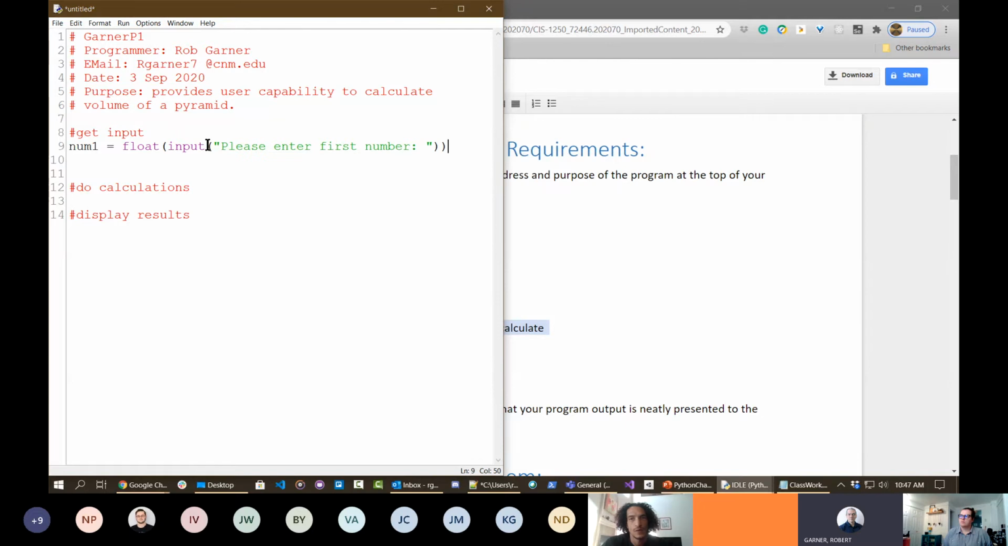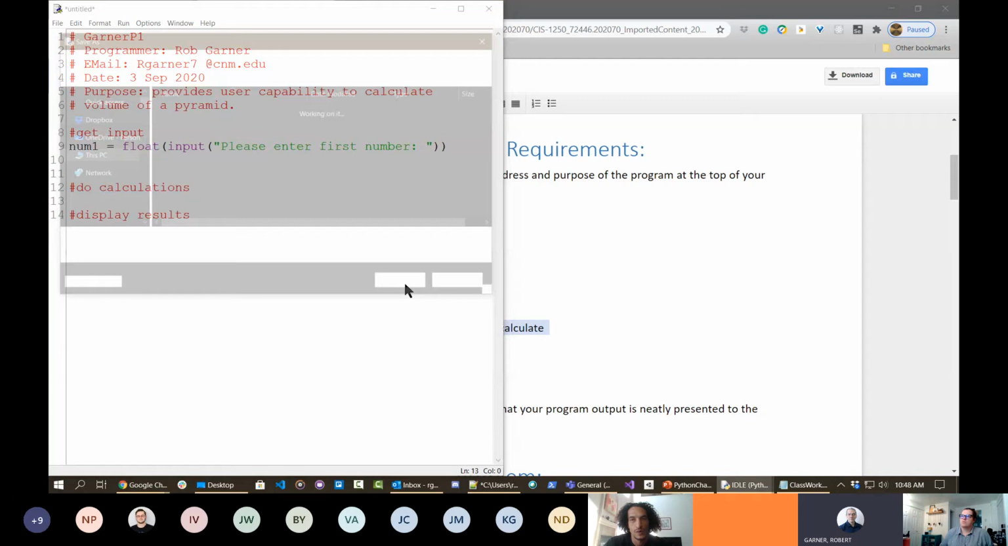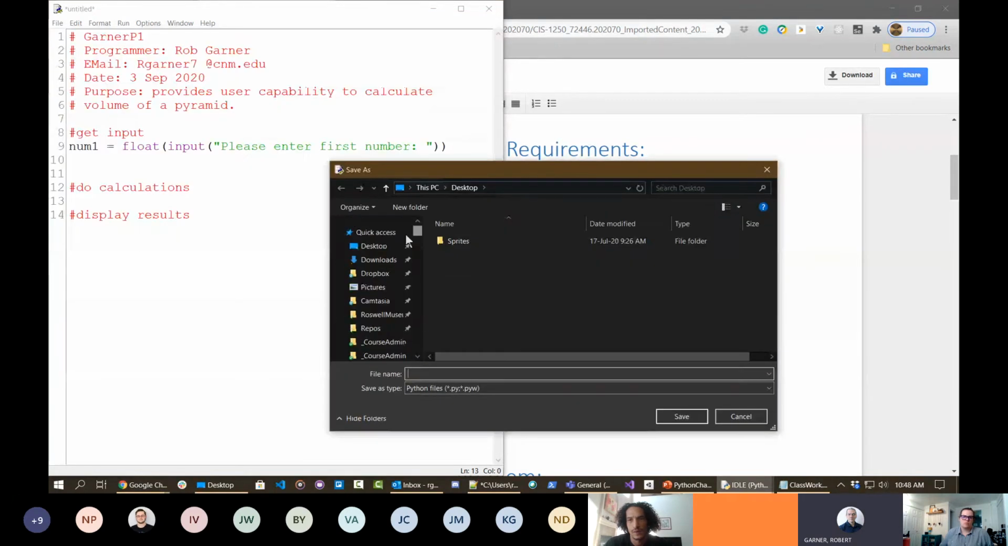Now at this point, I might actually run this. Now to run your program, you click Run Module, and it's going to ask you to save it. And so I'm just going to put it on the desktop for now. And I'm going to call it addition program.py. And when you save your program, put .py on the end. IDLE will not automatically add that for you, and it makes it a lot easier to open if it says .py. So I'm going to save that,